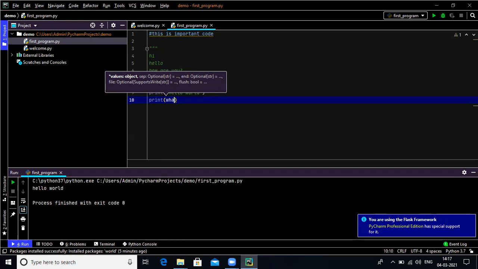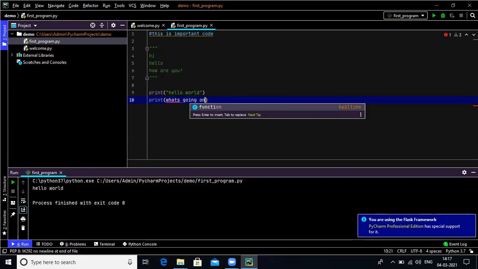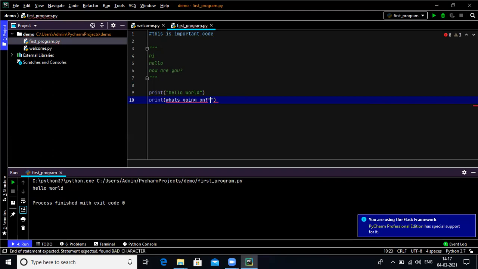Oh, here I'm mistaken, the double quote is missing over here, that's why it shows the red underline. So just fix that. Now see, there are two print statements over here, and I execute my program.